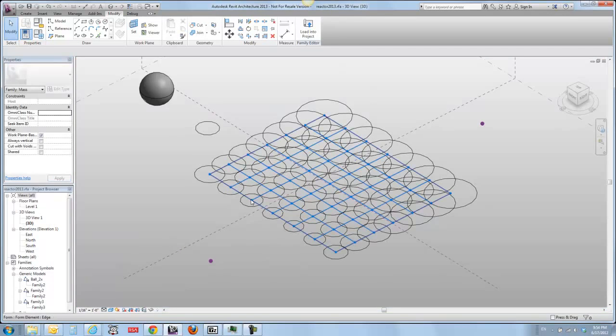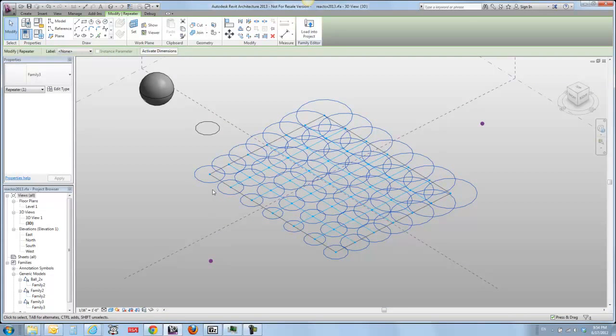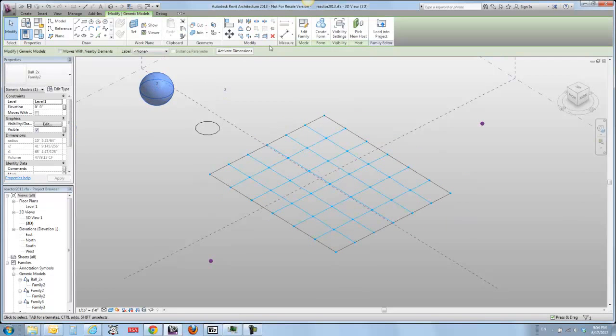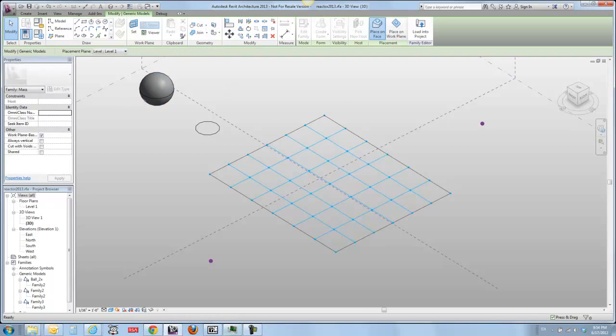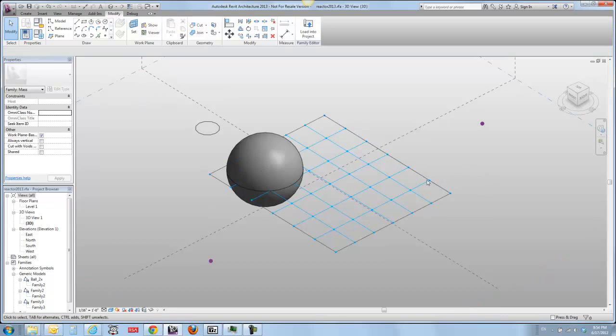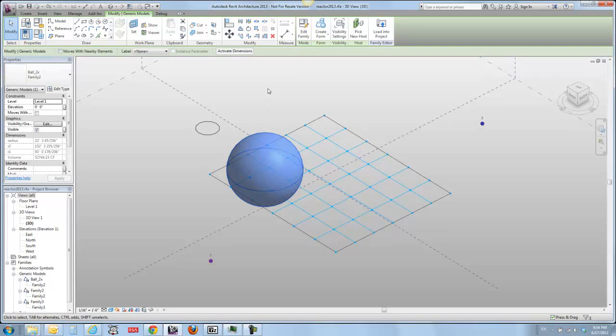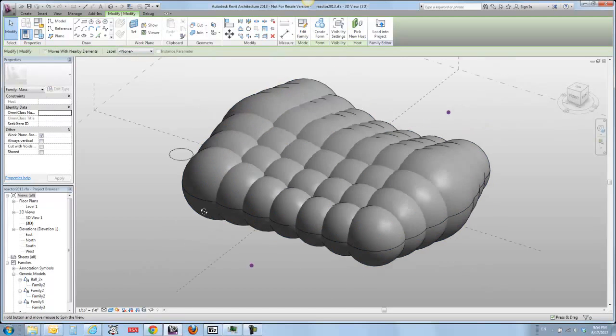So if I go back in here, I can delete these guys, or I can also just replace these with something else. But I can also just take this guy, and I can say, pick new host, and I go snap, snap, snap. And it looks like I didn't really host this thing very well because it's not on center at this point, but it's a small point. And then I go Repeat, and it's going to do exactly the same thing, but now it's going to have these 2 guys guiding that sort of traction point. And you can see that